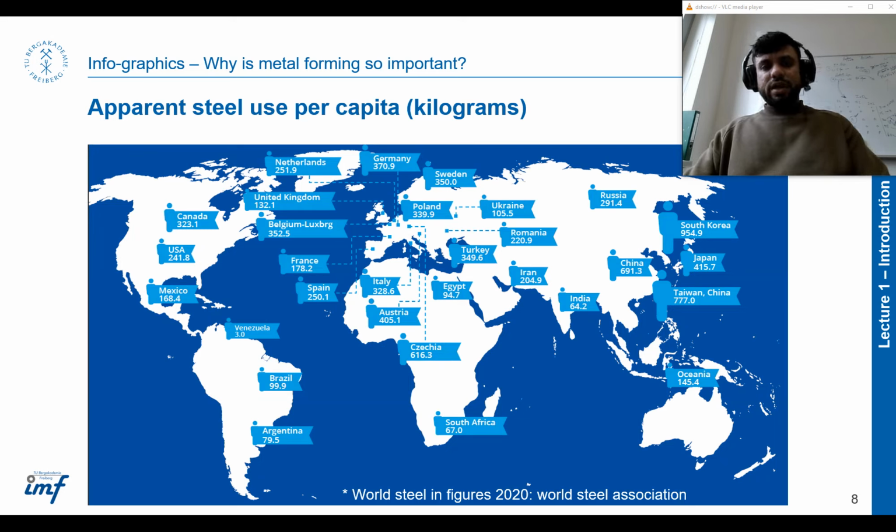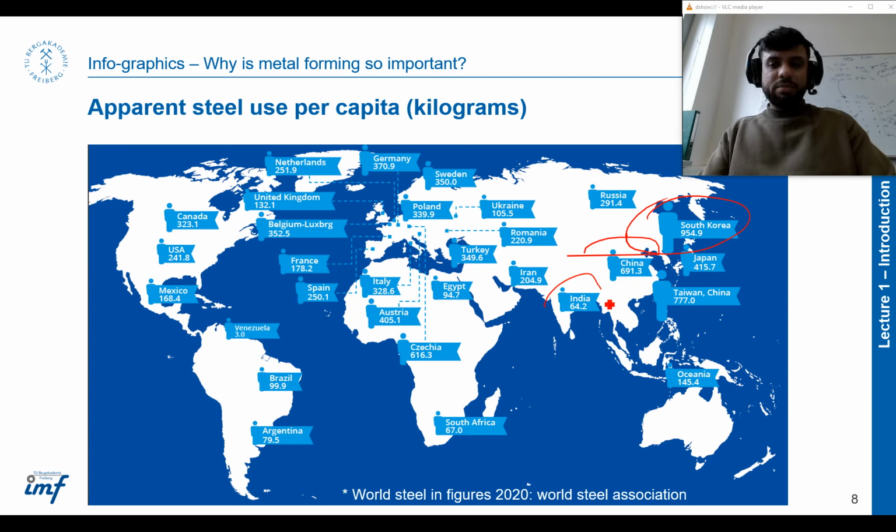Then if we look at the steel use per capita, here the story is slightly different. Previously we saw how much global steel is being produced by every country. Now we can see which country, with respect to its population, is consuming a lot of steel. Here we see South Korea has a huge steel use per capita ratio. China has a huge ratio. Then we see that although India is a big producer of steel, it has relatively smaller